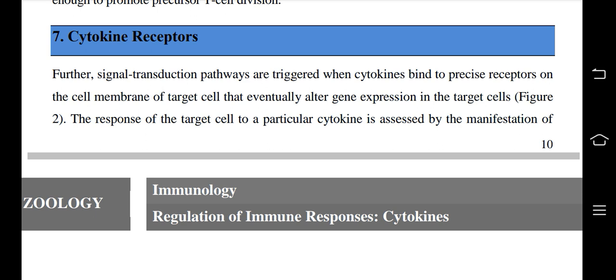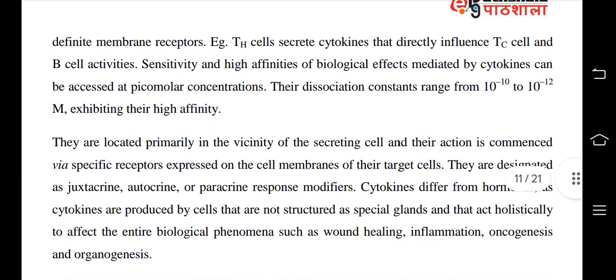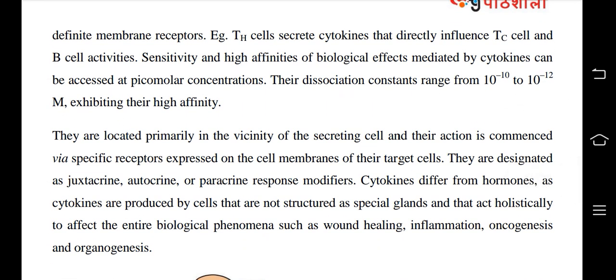of the target cell that eventually alter gene expression in the target cells. The response of the target cell to a particular cytokine is assessed by the manifestation of definite membrane receptors. Th cells secrete cytokines that directly influence Tc cell and B cell activities. Sensitivity and high affinities of biological effects mediated by cytokines can be assessed at picomolar concentrations. Their dissociation constants range from 10 raised to minus 10 to 10 raised to minus 12 M,